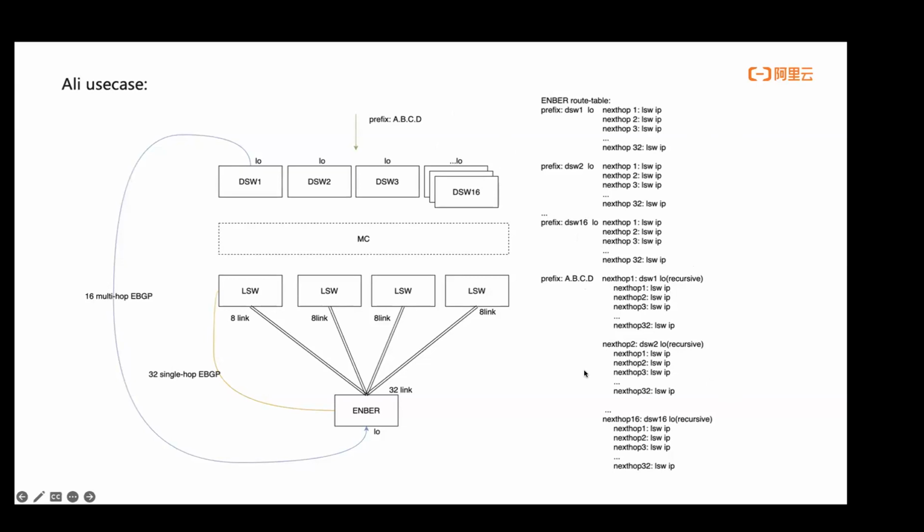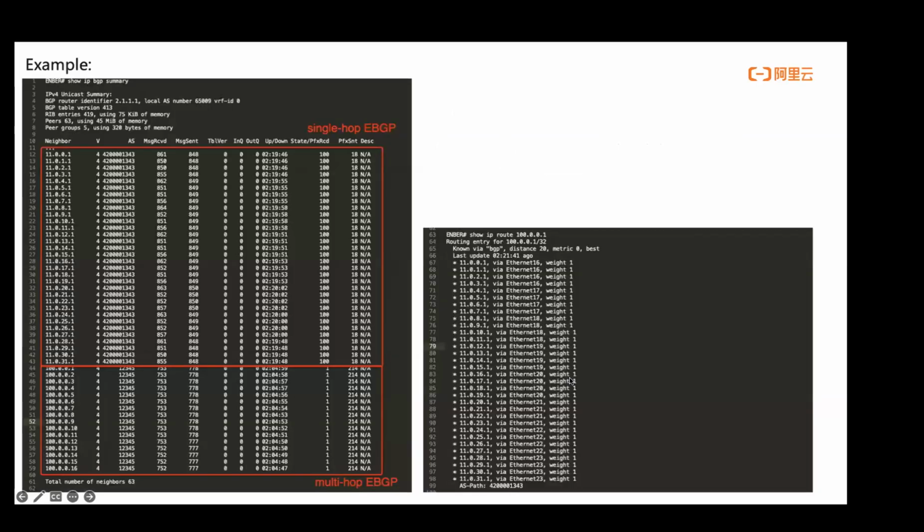This is a total picture of this use case, and I will show an example of showing IP BGP summary on EMBER. We could see that there are 32 direct connected eBGP neighbors with RSW, and 16 multi-hop eBGP neighbors with DSW. When DSW is announcing, we can check that the route